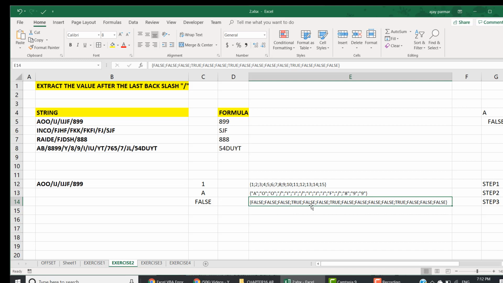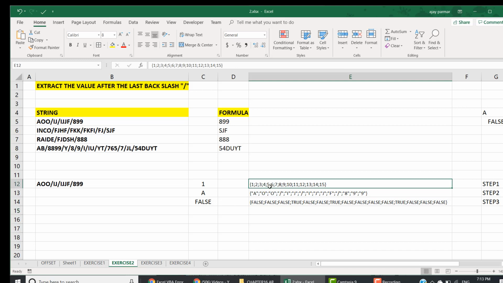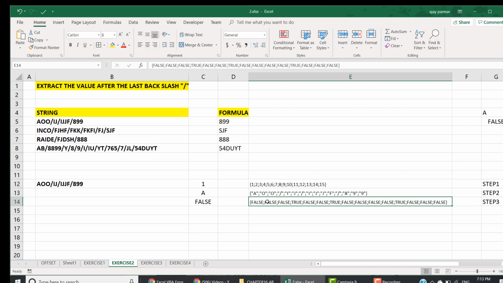We need the position. We need 7 8 9. What is the position? Where is this last true? Because this last true actually means that this is my highest position of a backslash. If you look at this, this is the backslash. You can see that this is the fourth last number, and if you try to find the position of this true, this is also the fourth last in this array. So what to do in this case? Well, it's very simple. We simply create the same array, this 1 2 3 4 5, and we are going to multiply this with this array, and eventually you will have the answer.